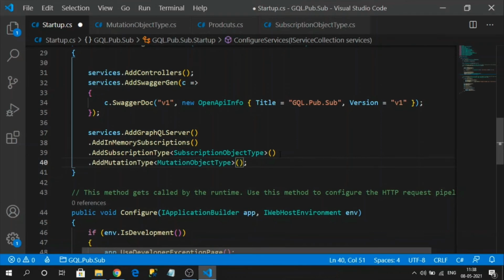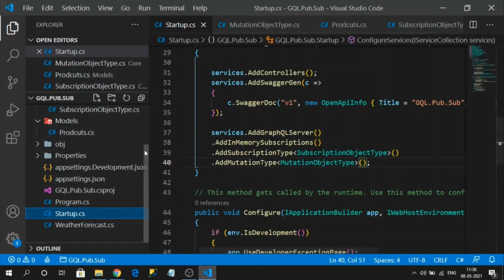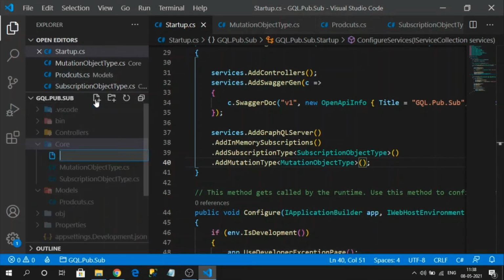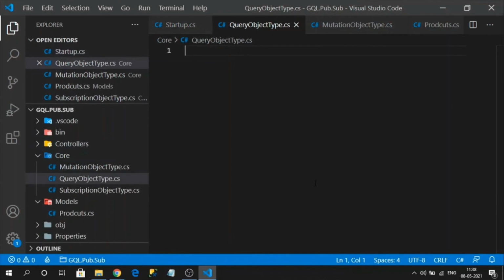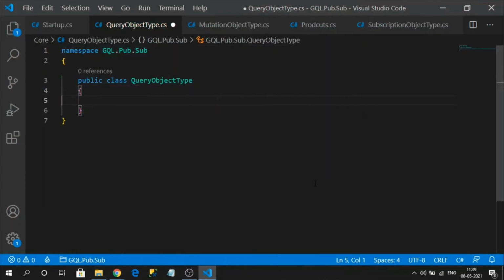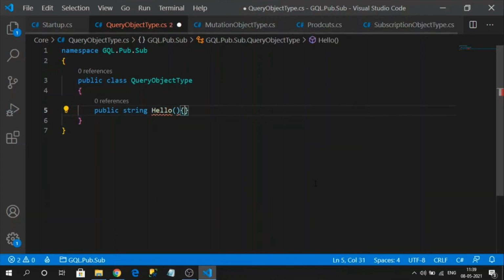So I will create a dummy query type object which will do nothing, so that our application will come up and run. So I will create a QueryObjectType.cs.